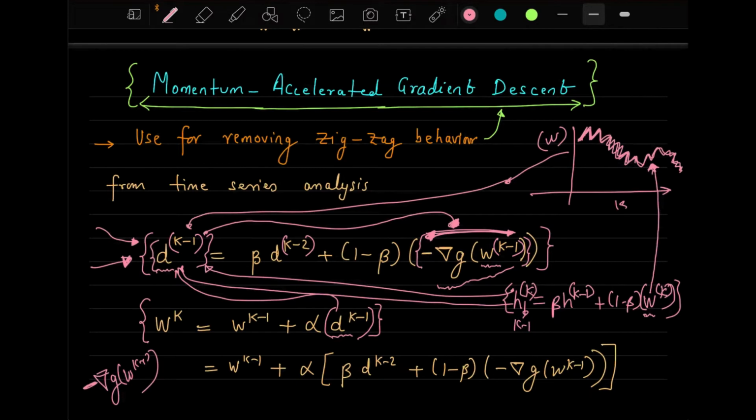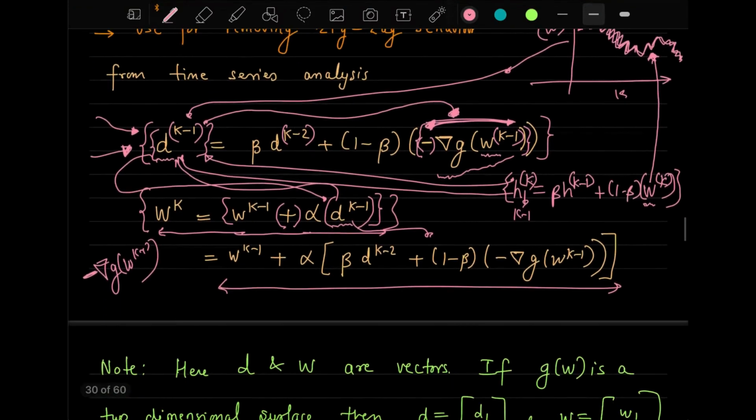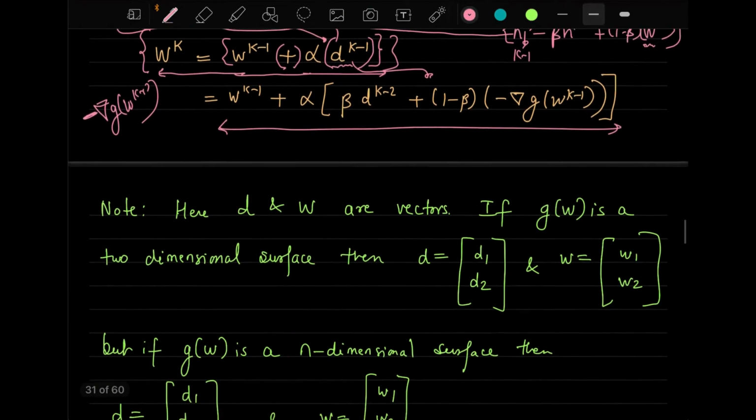So once you have this smoothed gradient encapsulated in this d, you can put this d in this expression of gradient descent, and then you will get Wk as Wk minus 1 plus alpha dk minus 1. The reason why I am taking plus here is because I have already taken minus on this side in the first expression. That's why it is plus this side. Now this expression is nothing but substituting the value of dk minus 1 here, so what you will get is this complete expression.